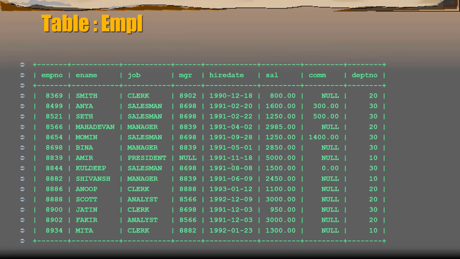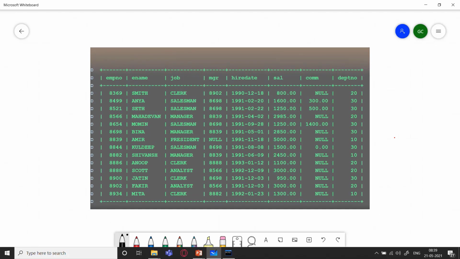Let us consider this table over here. In this table you can see that there are different jobs. Clerk is there, salesman is there, manager is there. Okay, so over here I want to count the number of employees working as clerk.